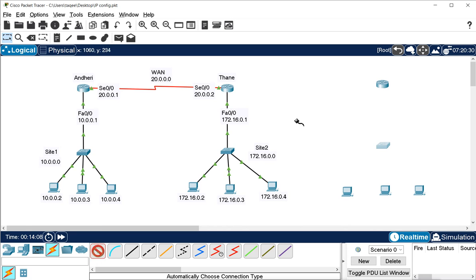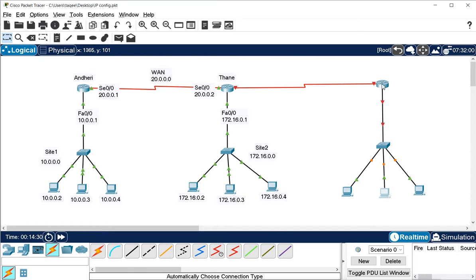I will use auto connection. Automatic connection will decide what connection is suitable. So when you click on this device and this device, it will decide the suitable connection automatically.